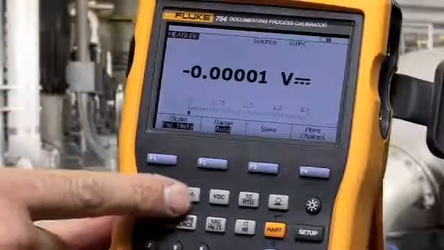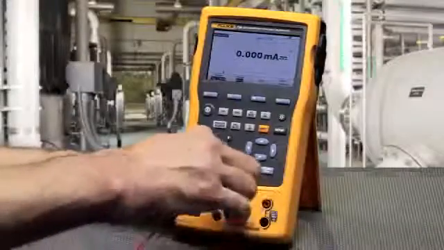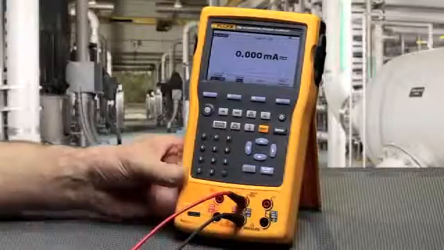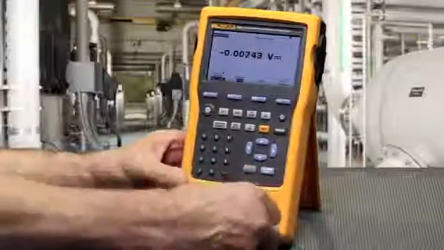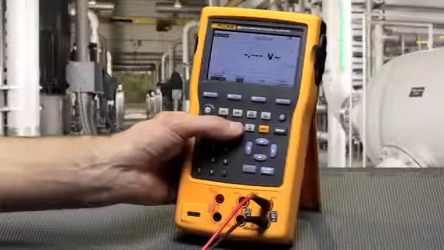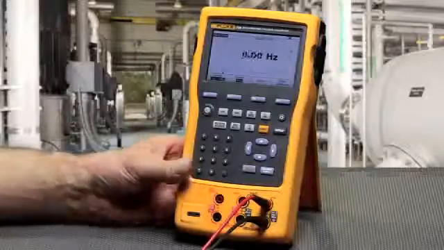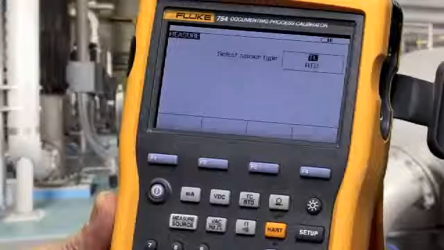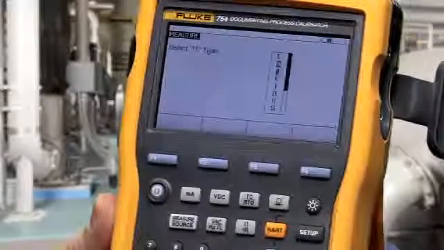To measure milliamps, select milliamps and make your connection to the input-output terminals. Measure volts DC. Measure volts AC and measure frequency. To measure temperature, select thermocouple or RTD. Press enter to make your selection. Select your thermocouple type